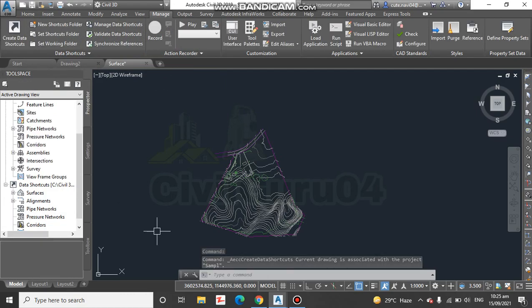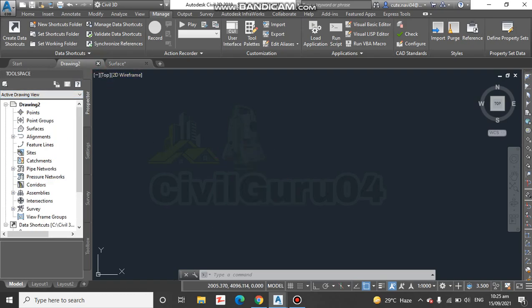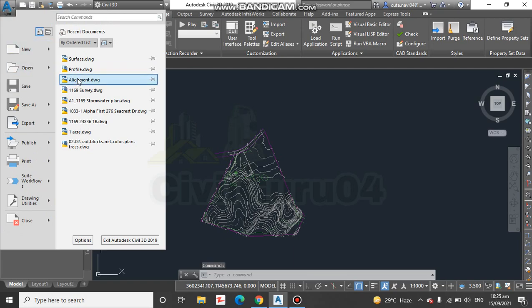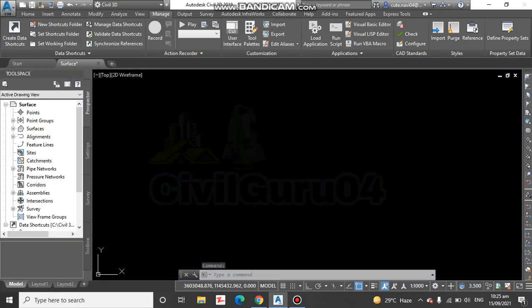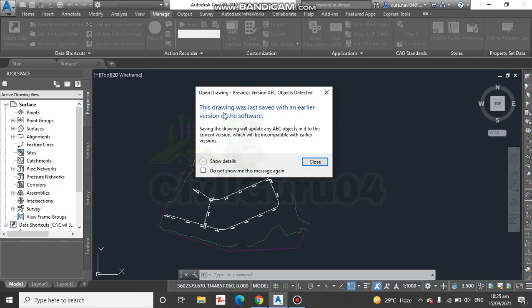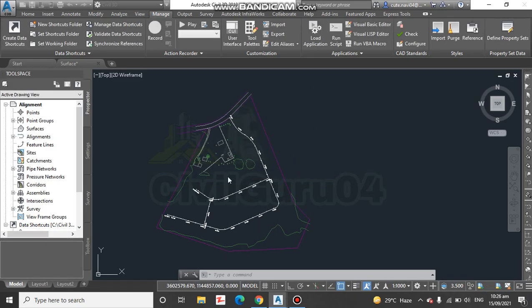Step number 9, open the file named alignment drawing, located in the description link. I will also provide you this drawing in the description link. You can download it. Step number 10, repeat steps number 7 and 8 for the alignment Main Road A. We have alignments here.